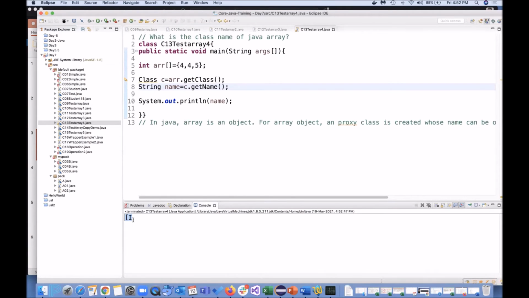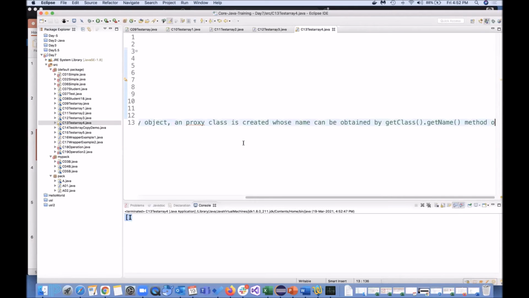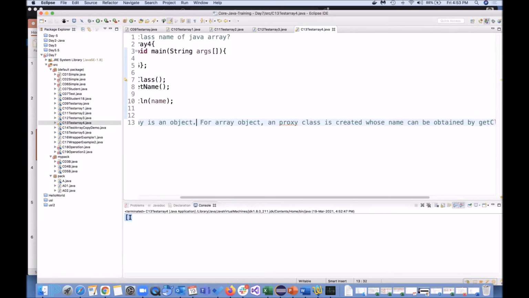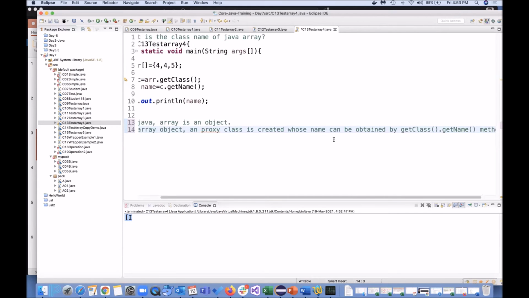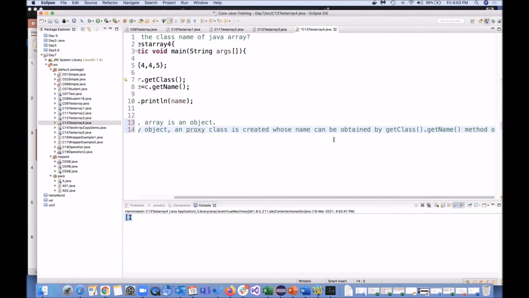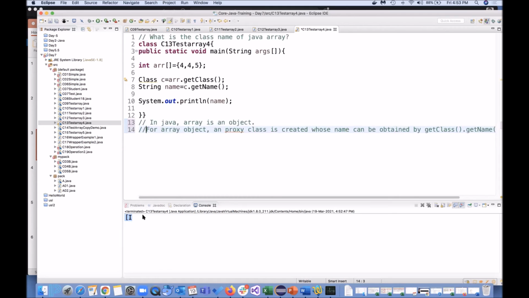So you can see the class name is something it will generate randomly, mainly for arrays, and you will have a proxy class which will be created. Proxy class means it's not the actual class. It will be a proxy class, and for different arrays you will be getting these things which you won't understand. What is this? Some symbol and I, and this is not your normal bracket symbol. This is some other symbol, and I is there.